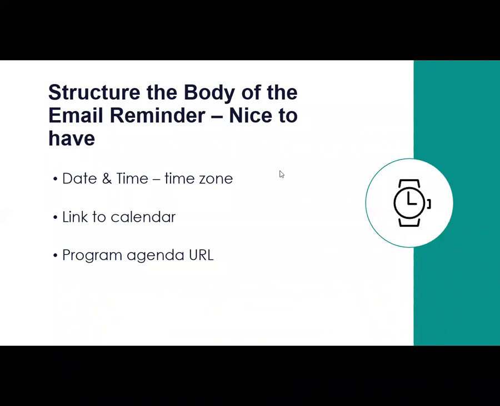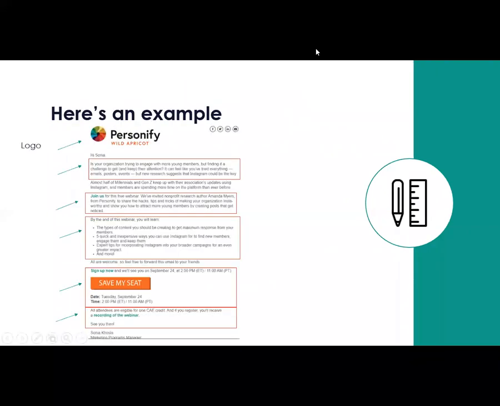Now, the next thing I'm going to do here is break down an actual example of our monthly expert webinar emails that I send out, where I use this exact formula of sending 3 emails out: 3 weeks out, and then a day before, and then the day of. So a couple things to note here.